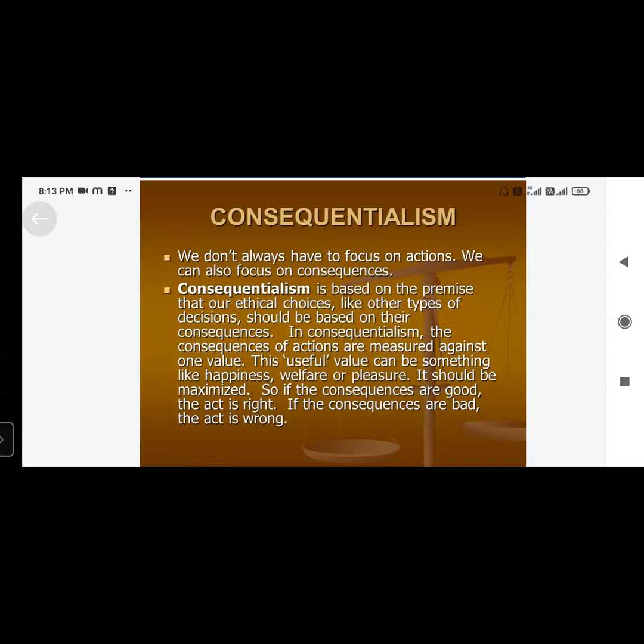Now here in consequentialism, we don't always have to focus on actions. We can also focus on consequences. In non-consequential, we have seen that the focus was on action, that if it is morally correct, if it is based on human values, that decision should be taken. So action should not be stopped because of consequences. That was there in non-consequential. Now in consequential, it says that we should focus on consequences,